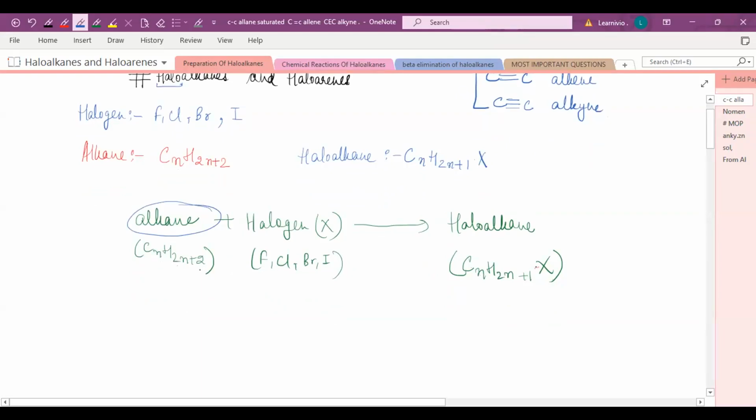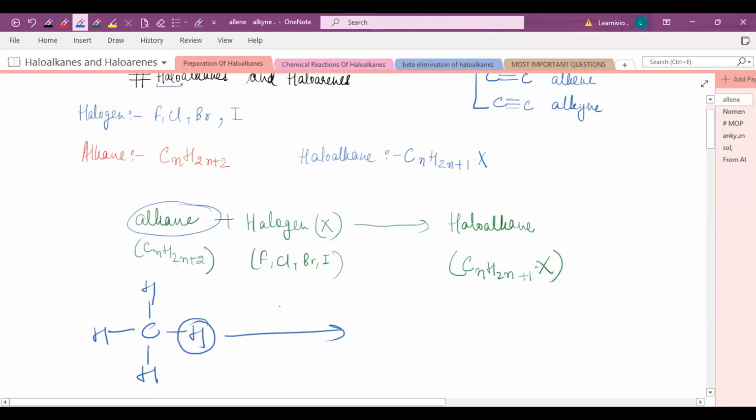H2N plus 2, right? Yes, ma'am. Suppose if I take methane, this is your alkane, an example of an alkane, right? And if you replace this hydrogen, basically this is a substitution reaction. So when you remove this hydrogen and replace it with a halogen group, when you remove the hydrogen from here and attach one halogen to this carbon, this compound is known as